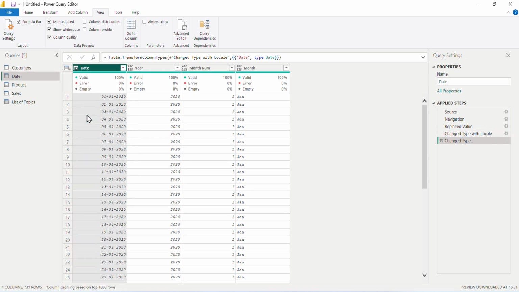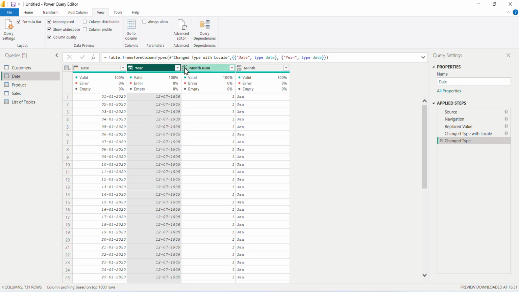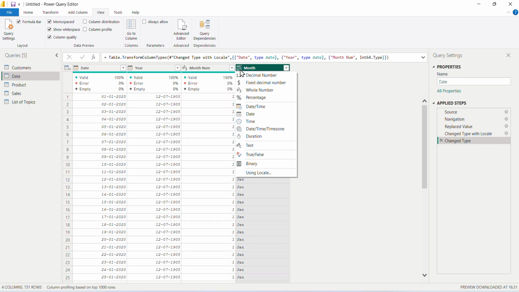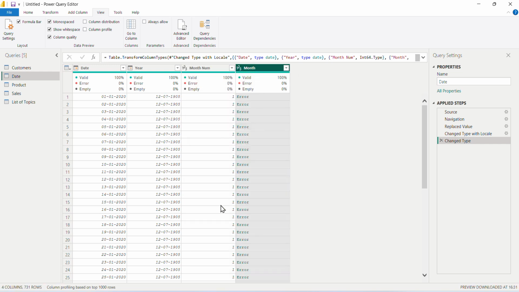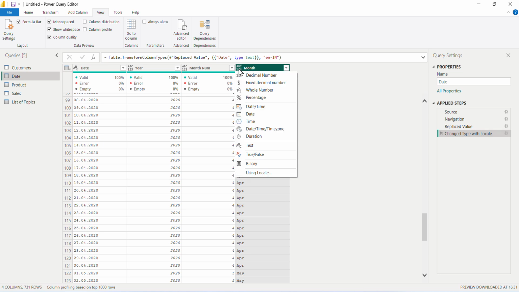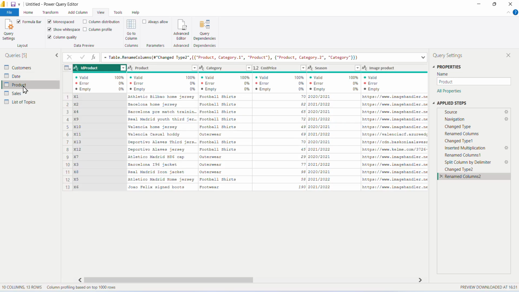Here date is date, year is date, and month number should be a whole number, then month should be a whole number, month should be date, oh, month is text, and next in product column,